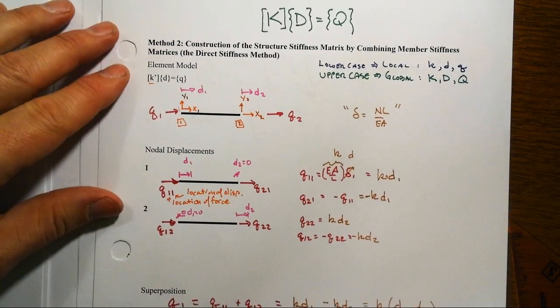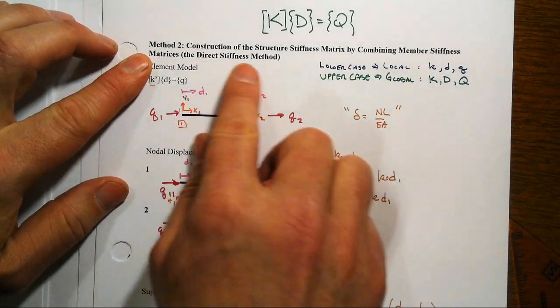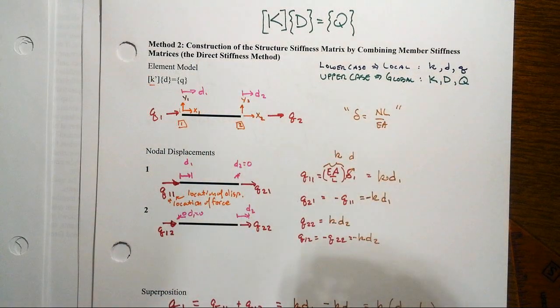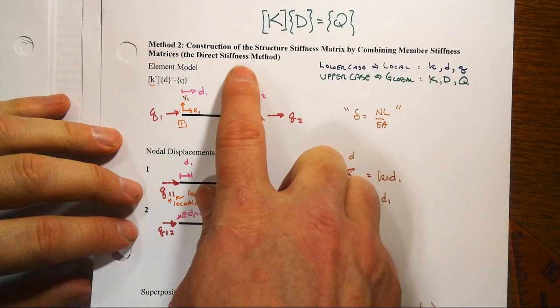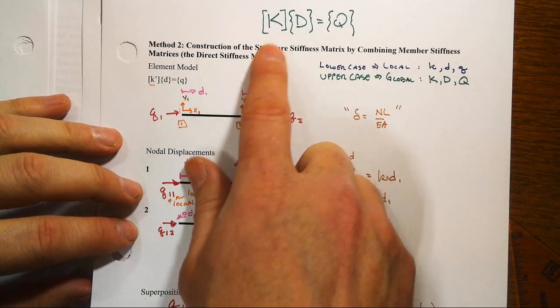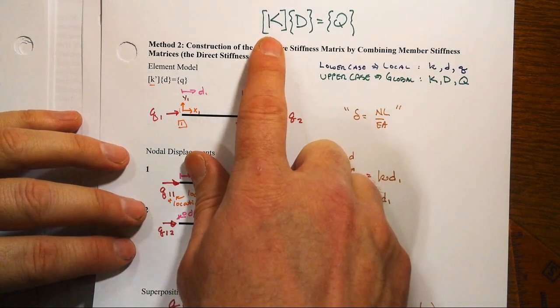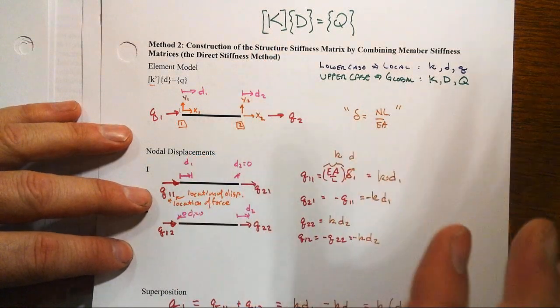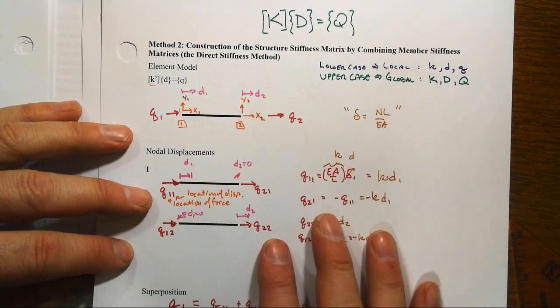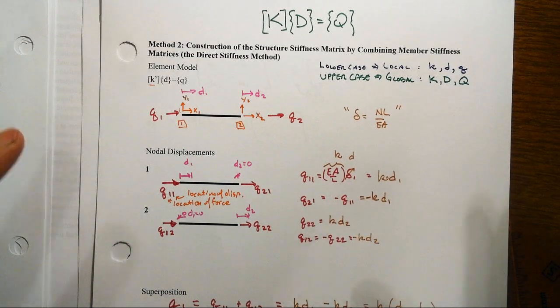And then we redo this in method 2 using the direct stiffness method, because of the simplicity, the simplistic or direct way that we can assemble capital K, such that it's just perfect for computer programming. That's what we're going to go through in this whole thing, and that's going to initiate then coming up